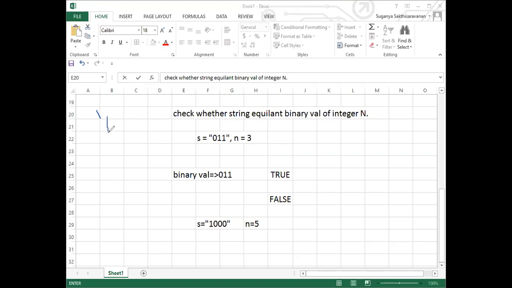So if you mention '1' in quotes, this is a character. If you mention 1, this is the integer. Both are different. This is of char type and this is of int type. Quotes are important here. Quotes play a major role.